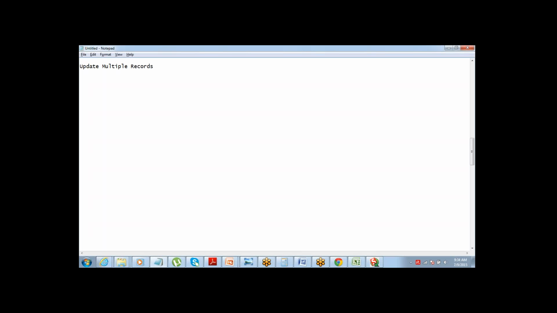The first one that we did was inserting multiple records into the database. Now I have the records already in the database, and I want to update them, make some changes in the records which are already there.